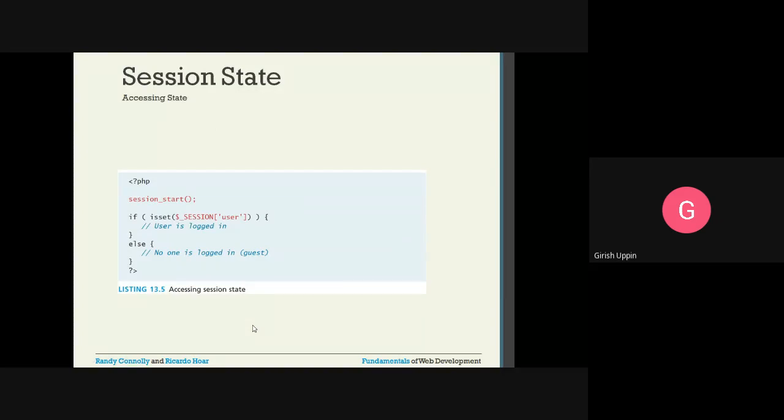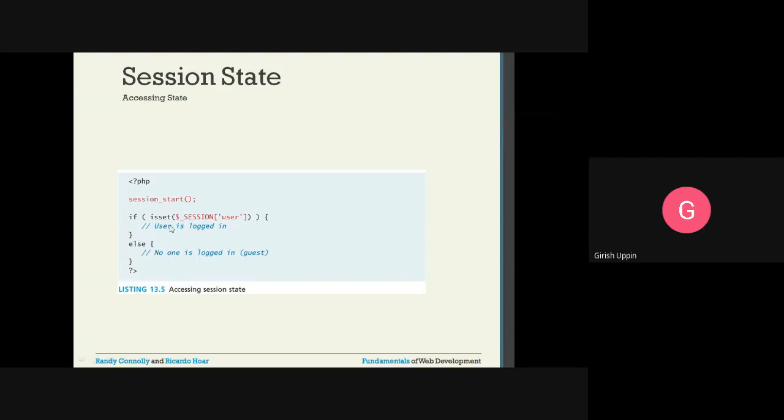This is the example of accessing a session state. This is the PHP code, session_start. You call that particular method, and here you are checking whether the session state is set or not, so isset $_SESSION user. This is the key that you are going to check to see whether this user session is available or not.